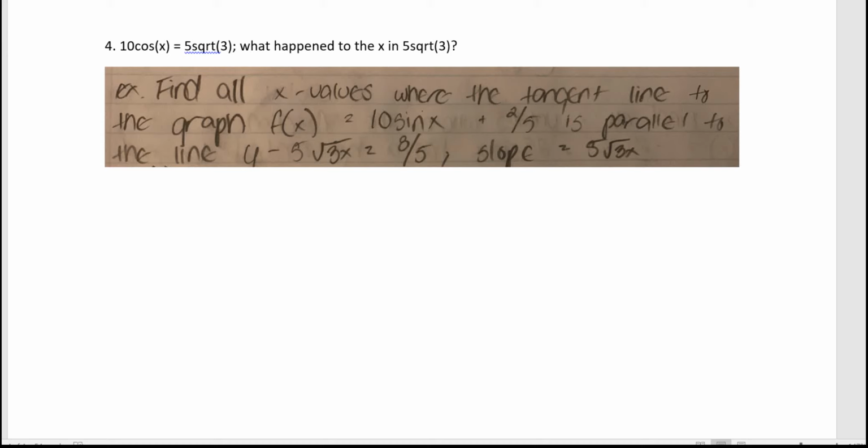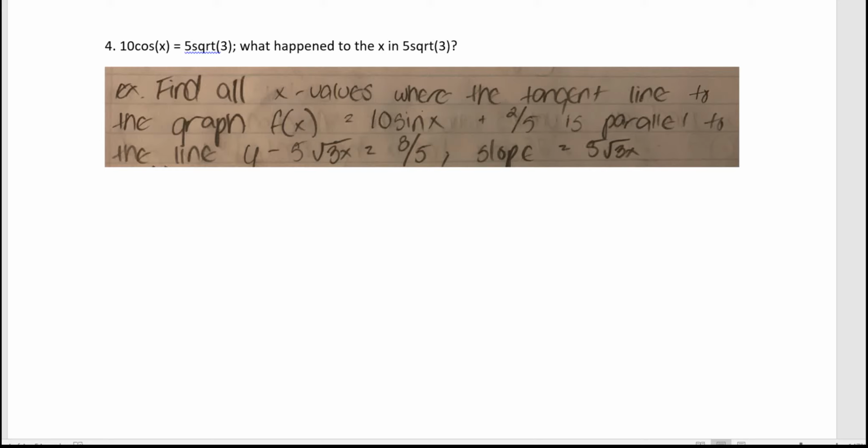The next question on the books to answer is that we have 10 cosine of x equals 5 square root of 3, and said what happened to the x in 5 square root of 3? But if I look at what you have handwritten, it says find all x values where the tangent line to the graph of f of x equals 10 sine of x plus 2/5 is parallel to the line y equals 5 square root of 3x equals 8/5. Now,